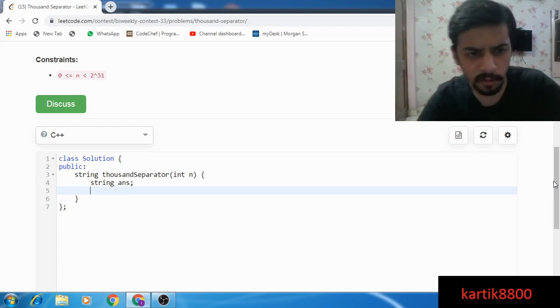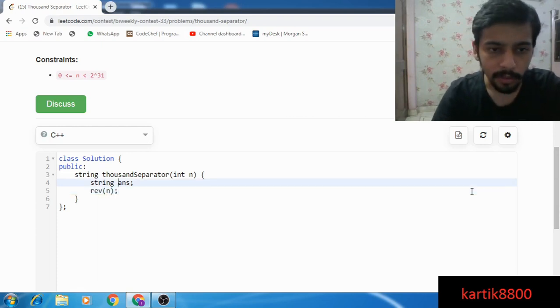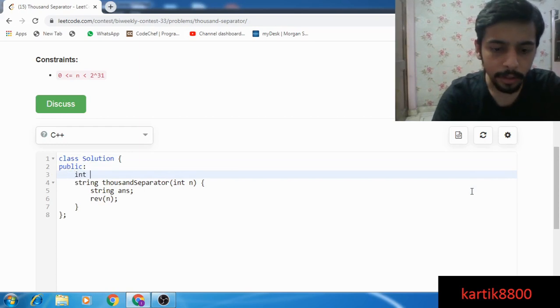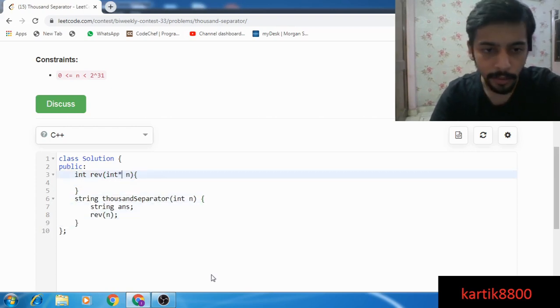So maybe it's smart to reverse n beforehand. So I'm reversing integer n. Okay, that's the basic idea here, and I'll define a function with int ref. This should be easy. So once I've reversed my integer n, I'll pass it by reference.